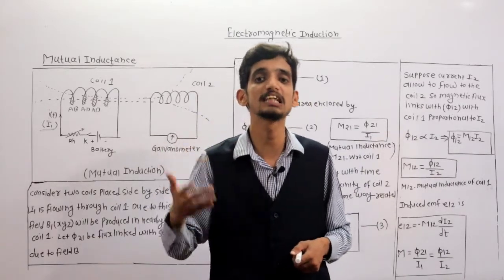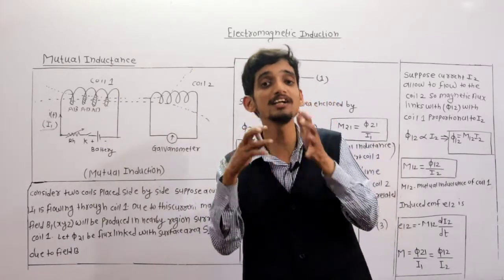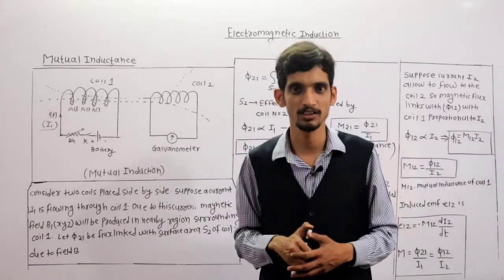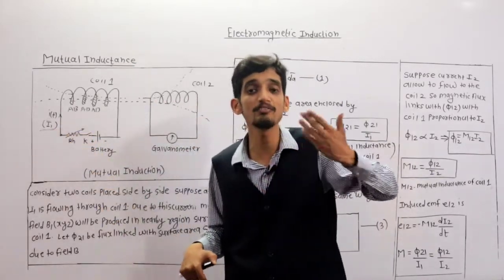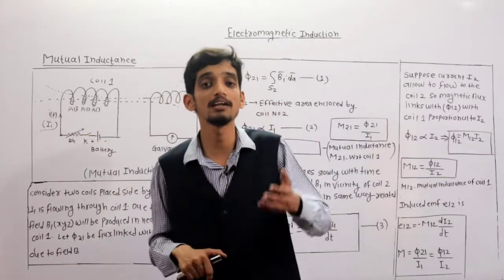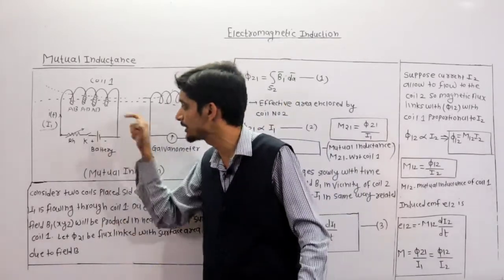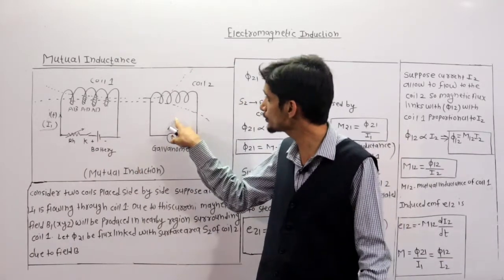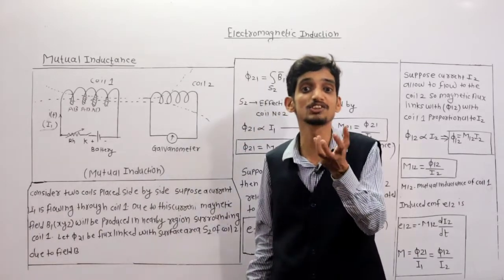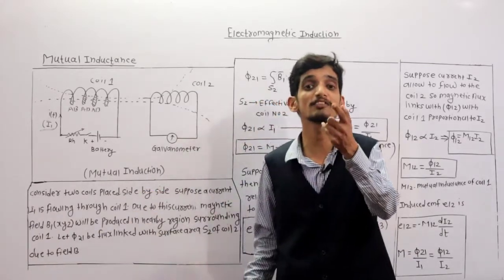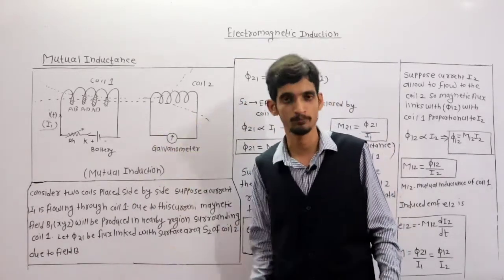The magnetic field is created around this particular conductor. Clear? That magnetic field creates magnetic flux. So due to current I1 flowing through this coil, a magnetic field is created around that conductor, and due to that magnetic field there is a magnetic flux which links with coil number 1. As coil number 2 is in the vicinity of coil number 1, what happens? That flux generated by coil number 1 links with coil number 2.